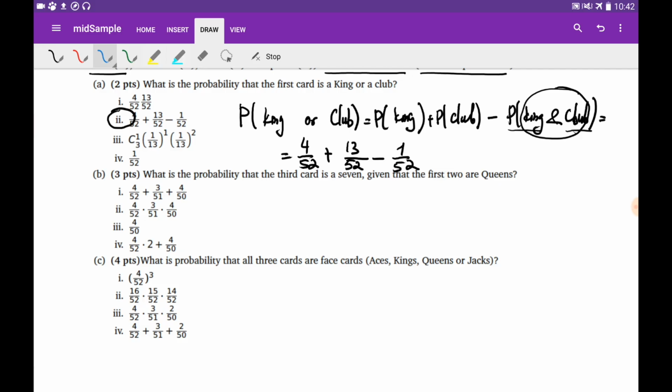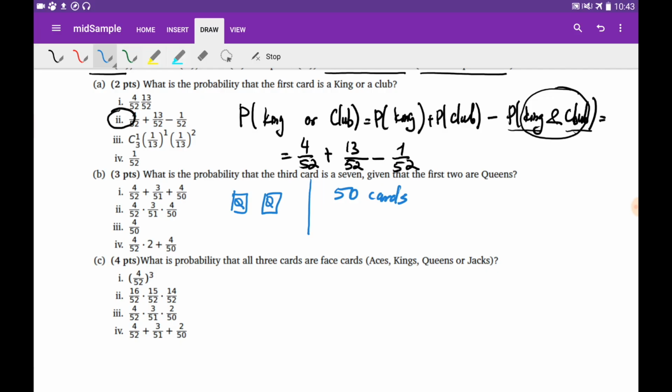So if the first 2 cards are queens, we choose the first card, which is a queen, right? And we don't put this back in the deck. So we choose a second card, which is another queen, and we don't put this back in the deck. So how many cards are left in the deck? There are 50 cards left in the deck because we chose 2 and we didn't put them back,